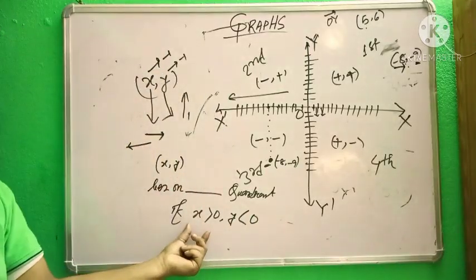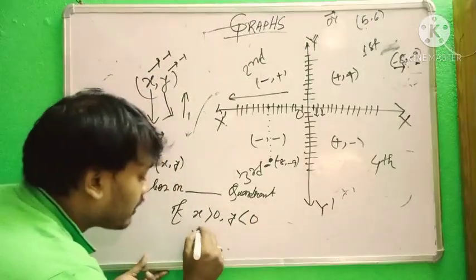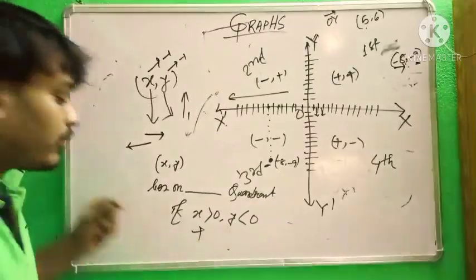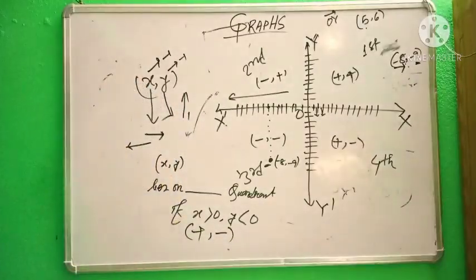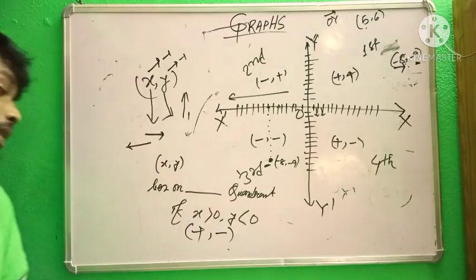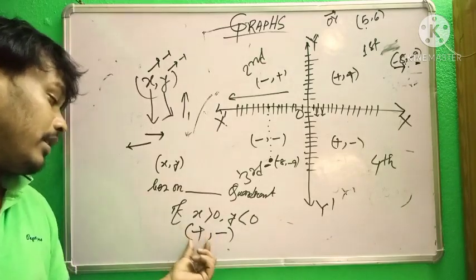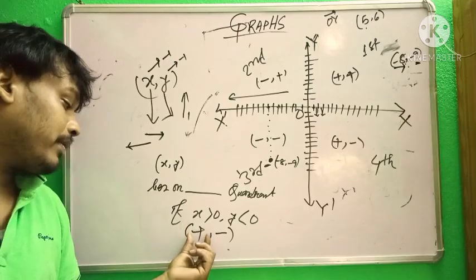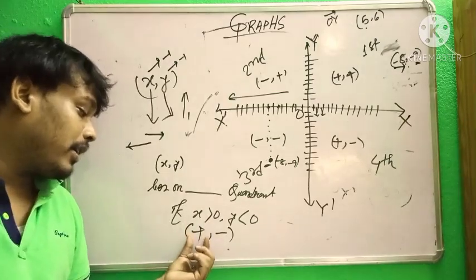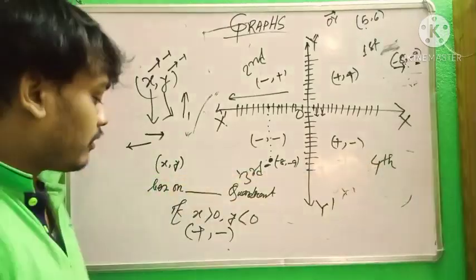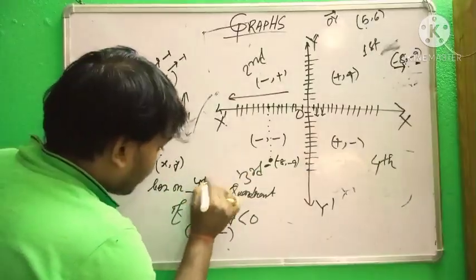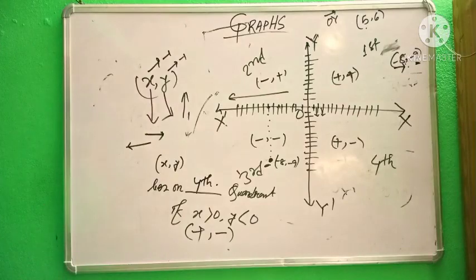So x greater than 0 means positive, y less than 0 means negative. So the points are positive comma negative, which is the fourth quadrant, so the point lies in the fourth quadrant. Okay,